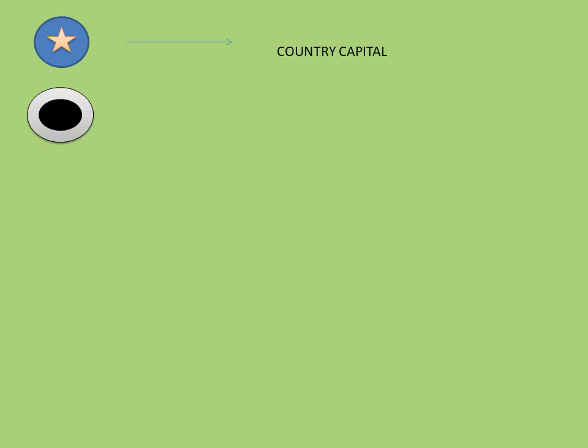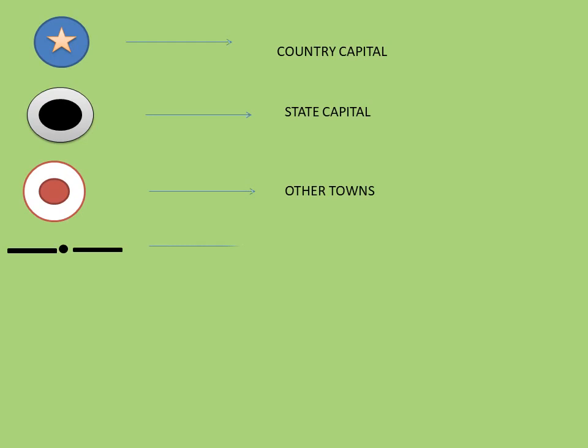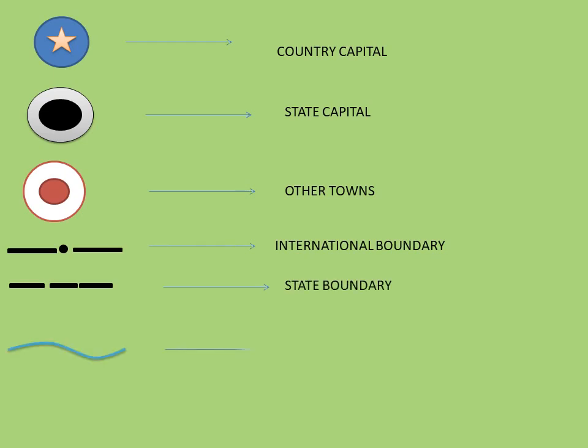Like colors, symbols also help us to read and understand maps. So to understand a map, we need symbols. We need the legend, colored boxes. Now some symbols that are given in the box are country capital, state capital, other towns, international boundary, state boundary, river and peak. Enough to understand. So all these are the topics or the signs or the symbols that are used. Now in the did you know part, the earliest maps made by people were not on paper.